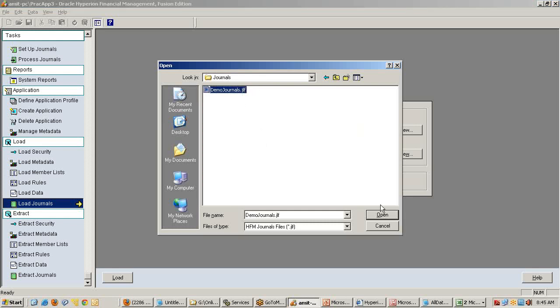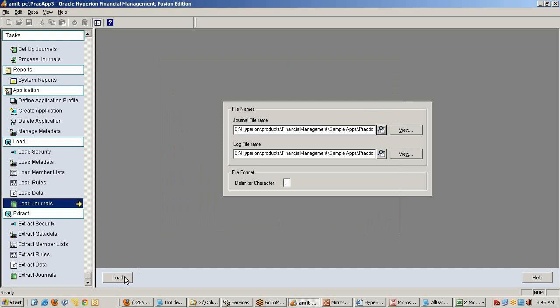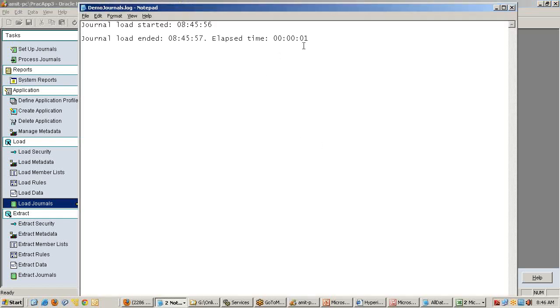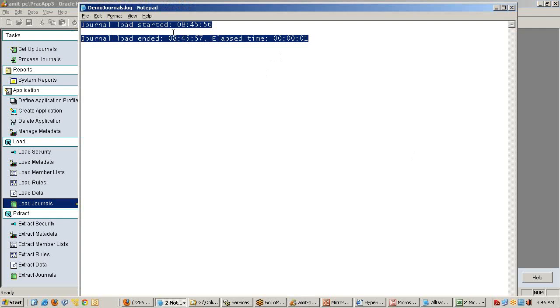The demo journal is available over here. Scan. You can directly load it. Journal loaded successfully. Once you load the journal, verification of the journal is a little tricky. There are a couple of other steps we need to perform. So at this moment, we can simply rely on the log file to ensure journals are loaded successfully.